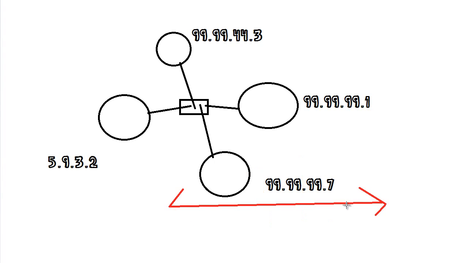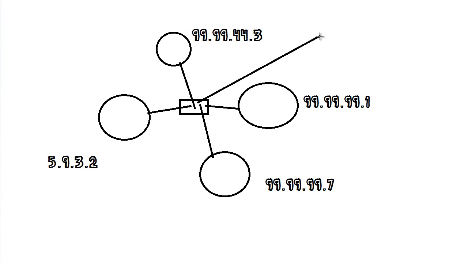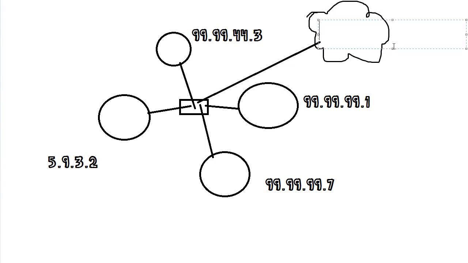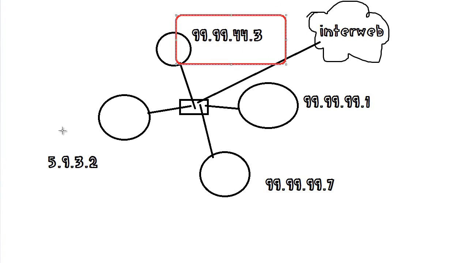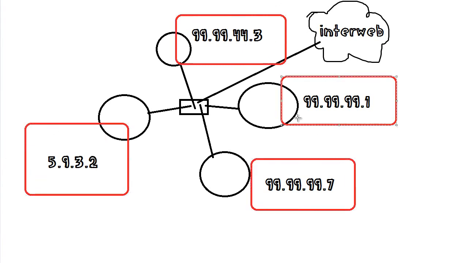So let's go over how this works, or it doesn't work. So let's say we want to connect this shit to the internet. Well, we really have two options. We can either plug the internet, and I'm simplifying this, we can literally just say this wire is plugged into the internet. Interweb. If we literally plug the internet right into the local LAN, this causes some issues because none of the IPs that we've selected here are globally routable. There's a very good chance that sending from any of these addresses into the internet will have the packets dropped, probably by the first router they reach, because they're not coming from anything that makes any sense to anyone.